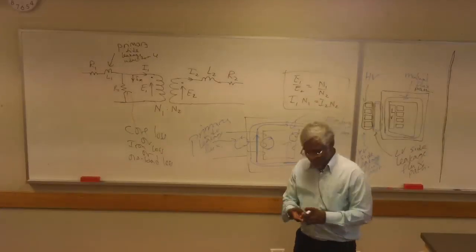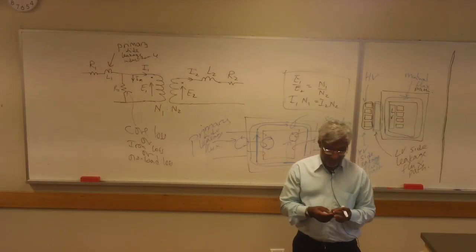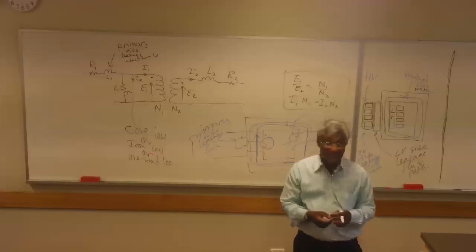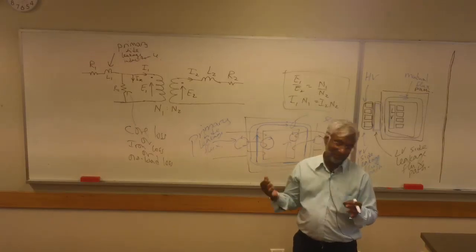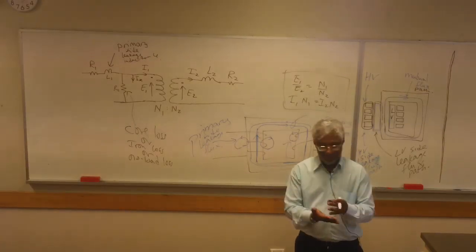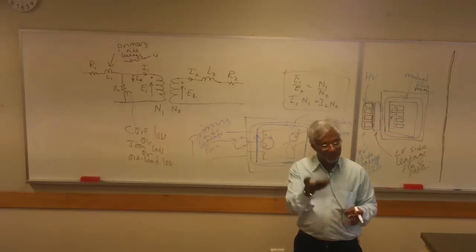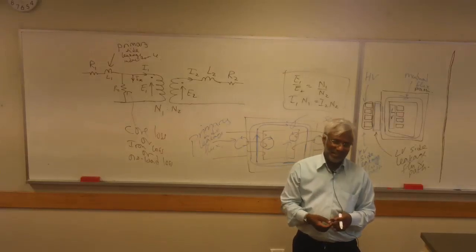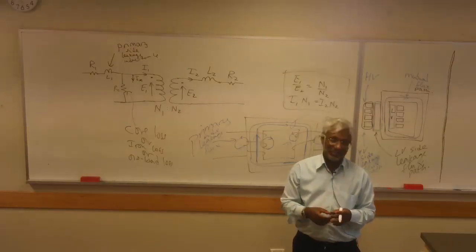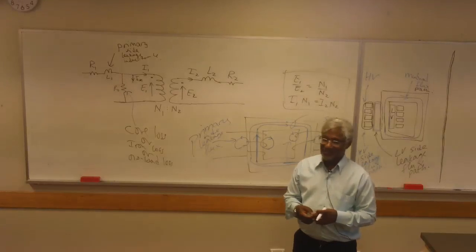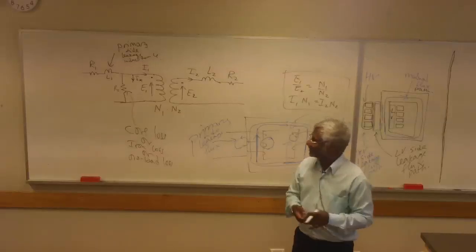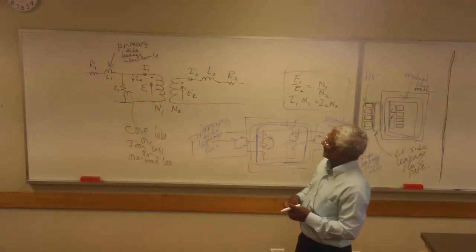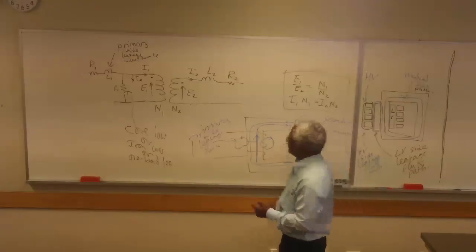A magnetizing current, is it a resistive current? No. Is it a capacitive current? No. And it can only be one of those three, so it must be an inductive current. And that makes sense, because associated with it is a certain amount of flux. So the magnetizing current is a current that you need to set up a certain amount of flux. Because it is inductive, we show it